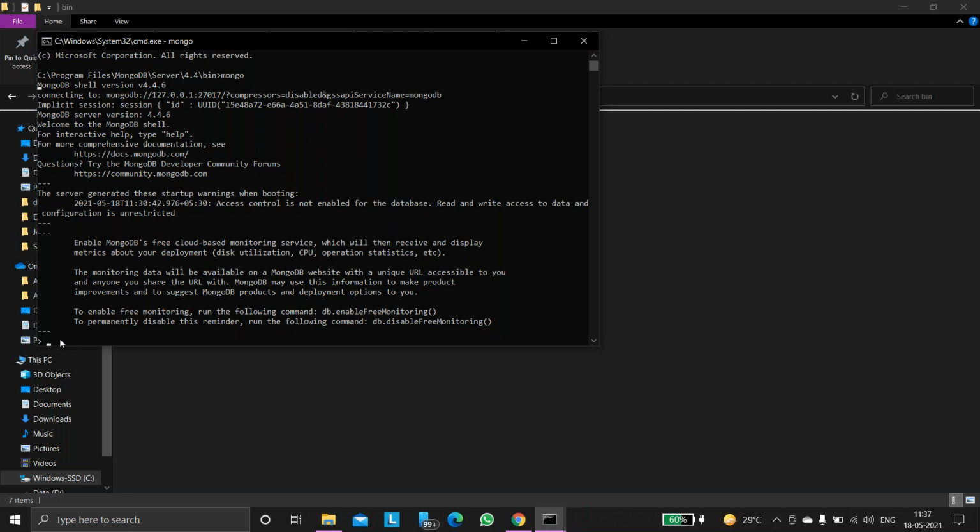Understood, everyone? How to work with MongoDB? If you want to practice MongoDB commands, first we need to start mongod. Then in another command prompt, we need to start the mongo command. Now suppose I want to check whether any databases are already available or not. For that purpose I'm running a command here. What is that? show dbs. Okay, show dbs.